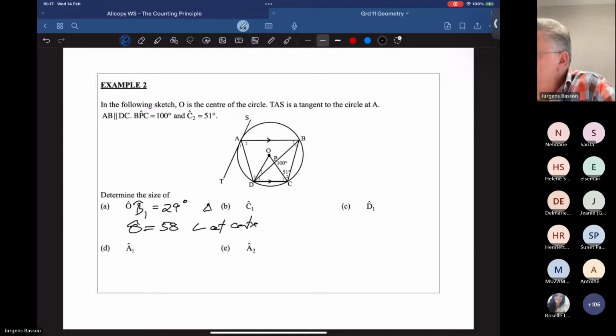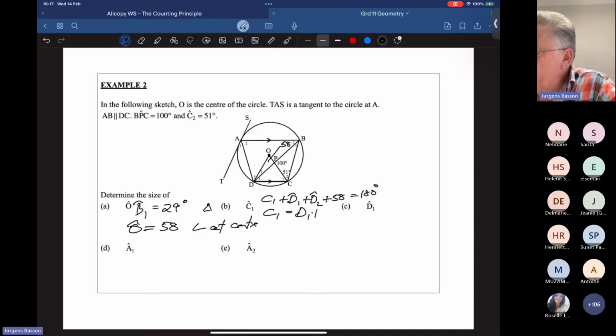There you go. The next one is C1. Now, C1 is part of this triangle, and we just calculated O. So O we said was 58. So with this, to get to C1, we can say that C1 plus D1 plus D2 plus 58 is equal to 180, and that is angles of a triangle. So C1 is equal to D1 plus D2. They will be equal, and that is,